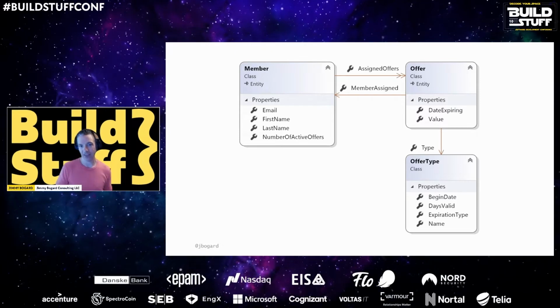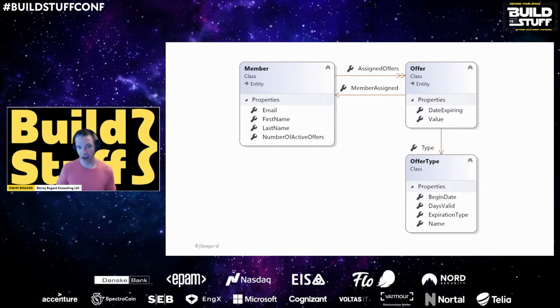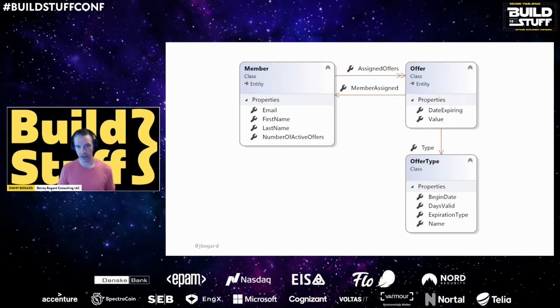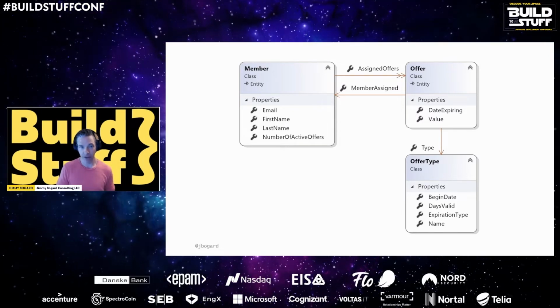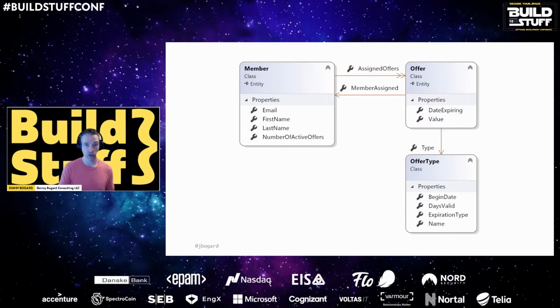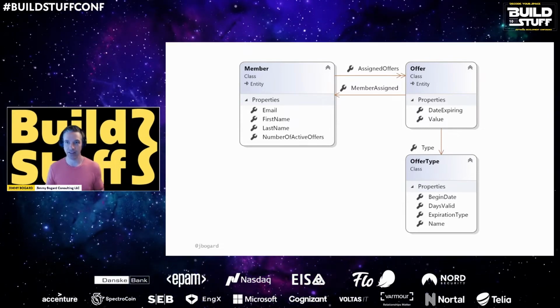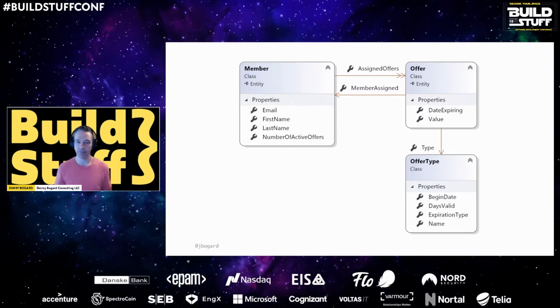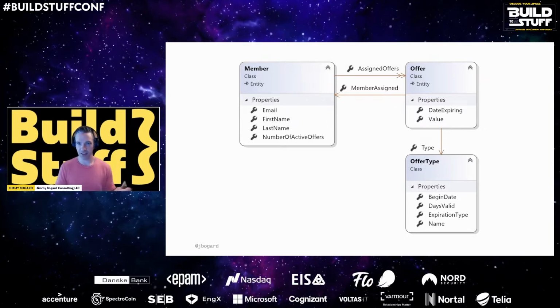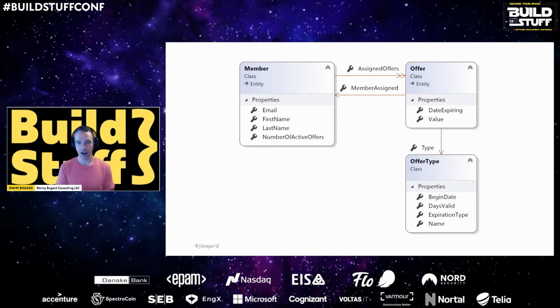So a member has a collection of assigned offers. And we don't just call it offers. The nature of the relationship is an assignment. So we say we assign an offer to a member. And so the names of those relationships represent the nature of the arrows there. So we can look at this and say, yes, the business agrees about all this, but you notice there's something